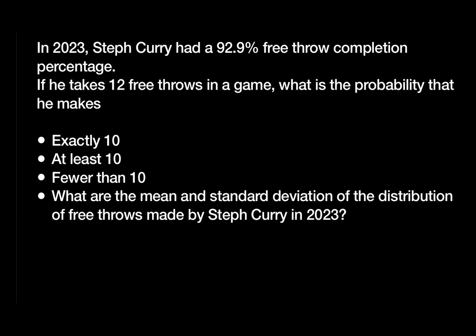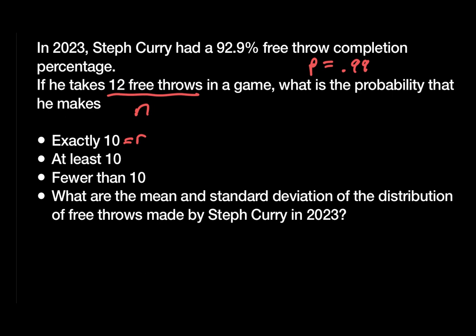Are there a set number of trials? Yes, he's going to do 12 free throws, so that's my n. Am I looking for a certain number of successes? Yes, in this one, my successes is 10. Do I have a set probability of success? Yes, my probability of success is